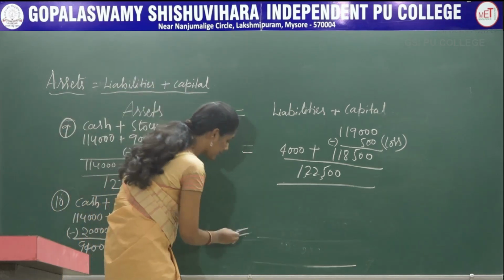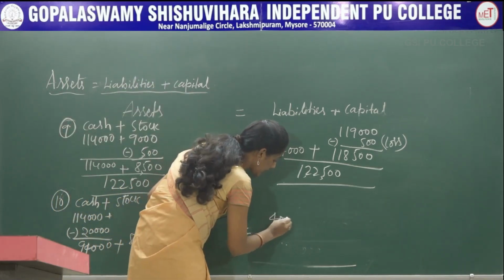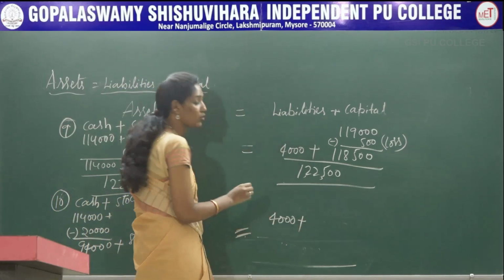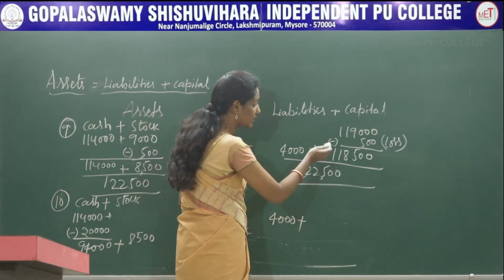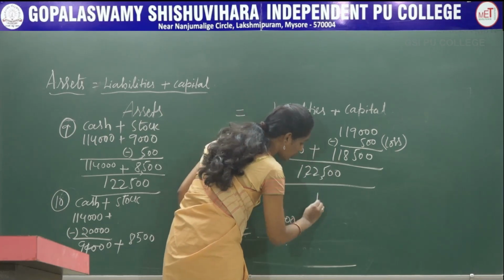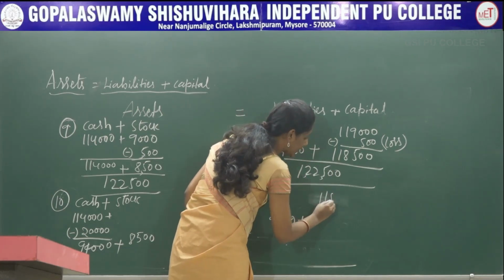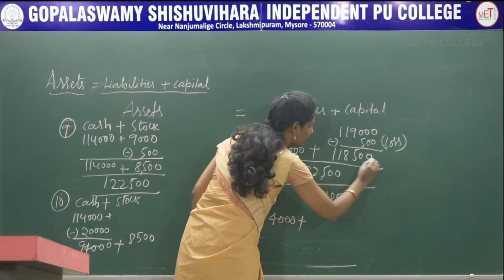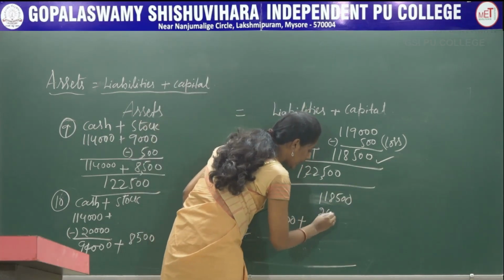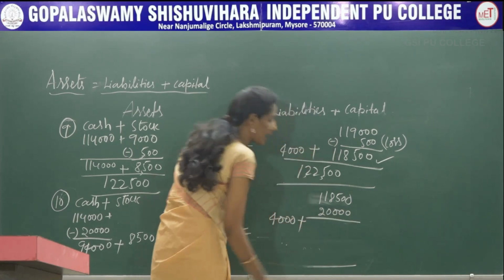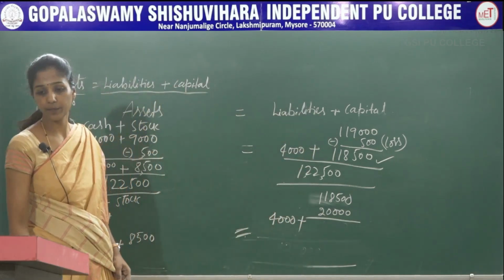Now on the other side 4,000 liability. There is no change in liability. Write the same amount of liability. And next capital. What is the actual amount of capital? 1,18,500. And deduct 20,000 from 1,18,500. You will get